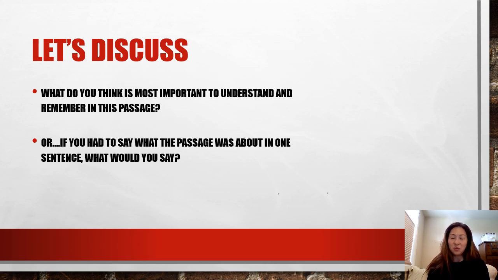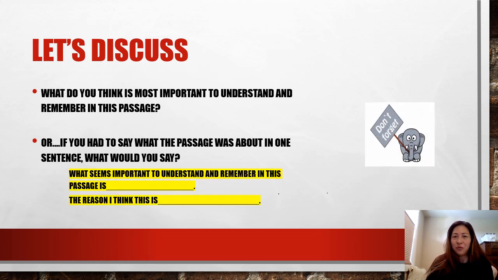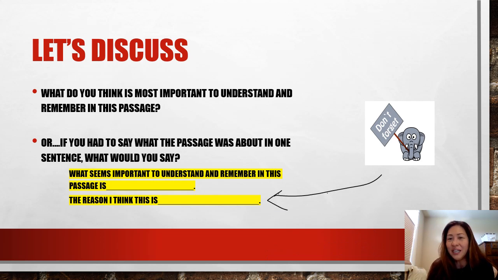I know there's lots to go through, and I actually had to read this passage twice myself when I first read it, because it talks about a whole bunch of things, elephants showing emotions, and it talks about letting other animals have water. And I couldn't really focus on one sentence. What would I say if I needed to just explain what this was saying in one sentence? And that was kind of hard for me. But then I said to myself, don't forget this part, which I said to myself how it's so cute that it's a little elephant. Don't forget that I can use this stem to help me.